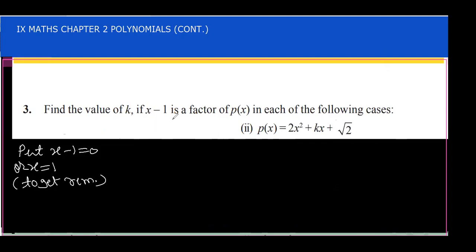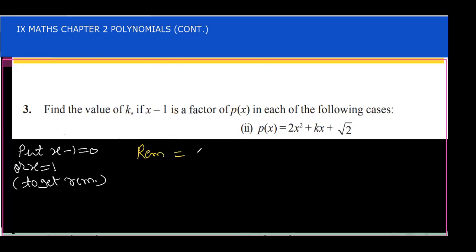Find k if x-1 is a factor. ये पहले से already given in the question कि ये इसका फैक्टर है, और फैक्टर अगर है तो रिमाइंडर इक्वल टू 0 होना चाहिए. और रिमाइंडर के लिए हमें फाइंड आउट करना पड़ेगा, put x-1 is equal to 0 and x is equal to 1 to get remainder. तो देखिए रिमाइंडर के लिए the polynomial remainder will be